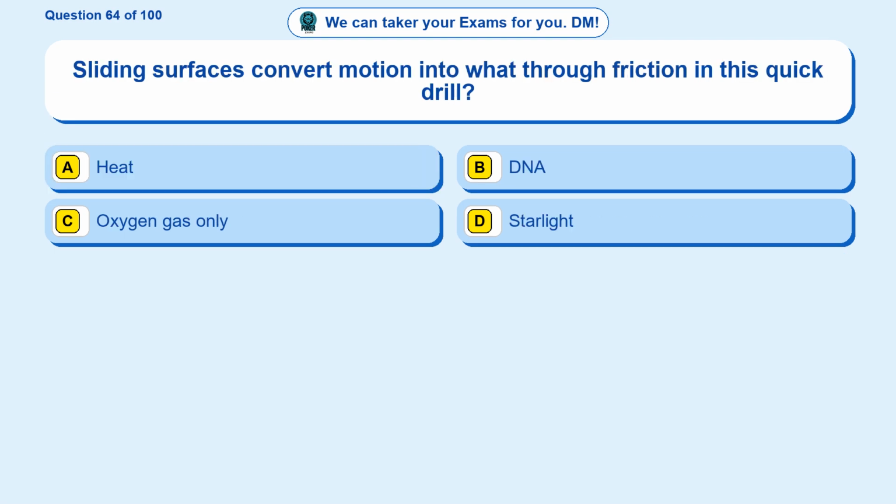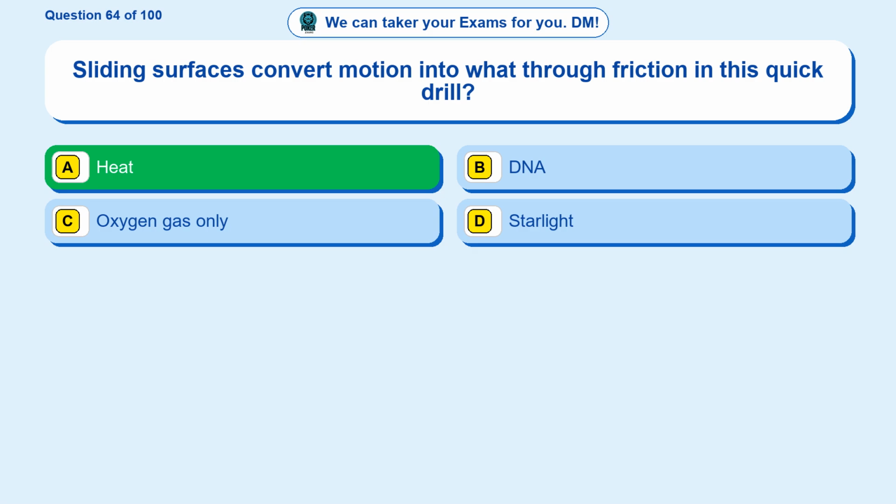Question 64. Sliding surfaces convert motion into what through friction in this quick drill? Option A, heat. Option B, DNA. Option C, oxygen gas only. Option D, starlight. The correct answer is option A,